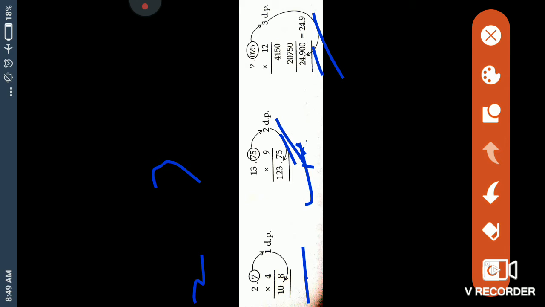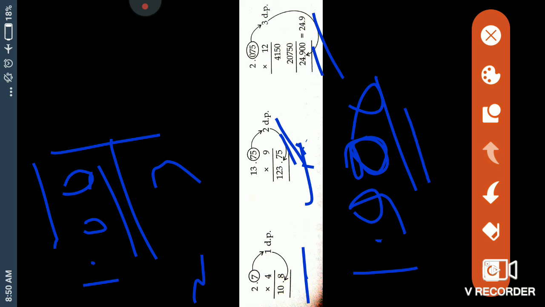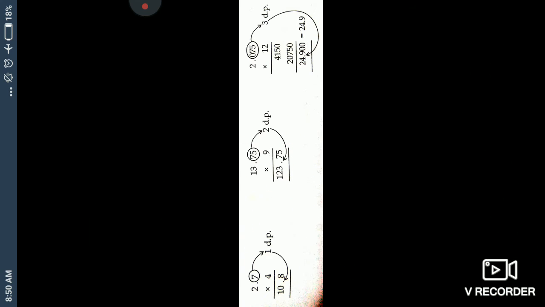And after the decimal, the zero will not be accepted, like 1.001, then this zero will not be removed. Understand? These are valuable zeros, they will remain. But if you write 1.900, then we will remove these two zeros, and we will write 1.9. Understand? So simply you can do it.